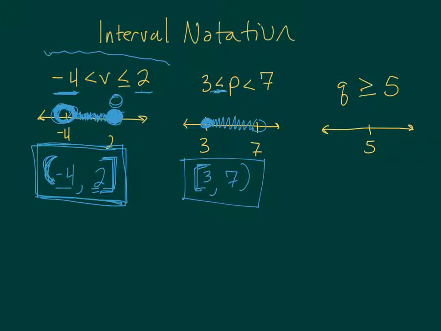Now I should also point out it should always be lower number on the left, higher number on the right. That's just the convention. So while technically someone could write it the other way, and most people wouldn't, they'd know what you meant, they wouldn't be upset about it. We just, as a rule, don't do that.